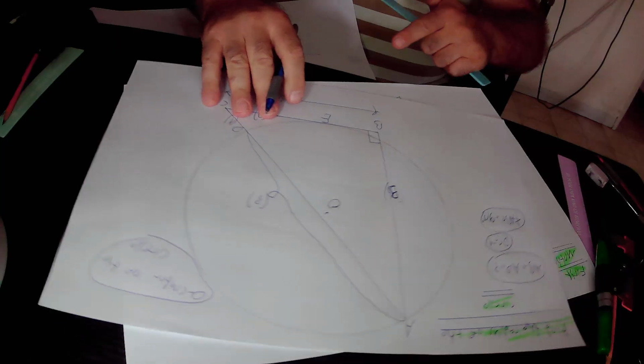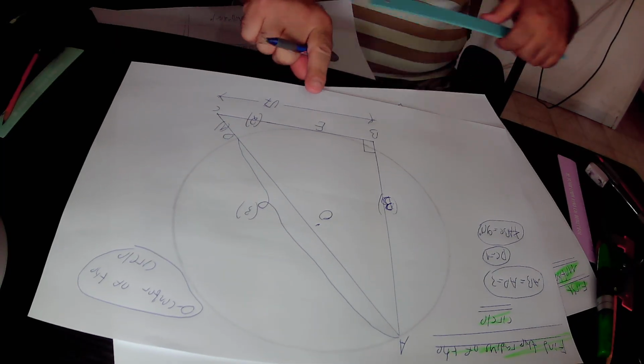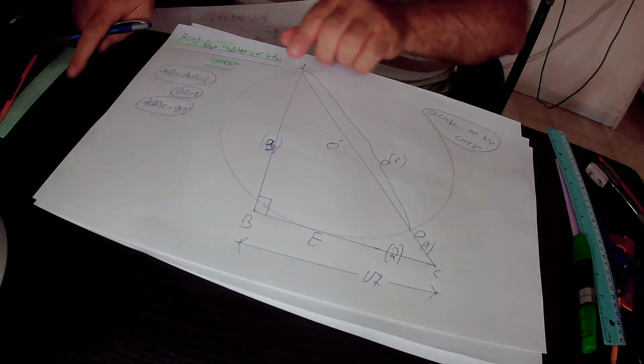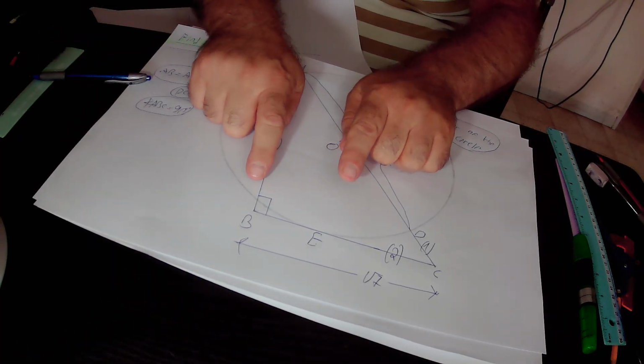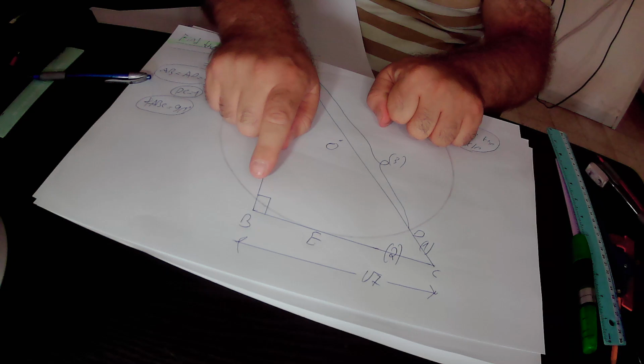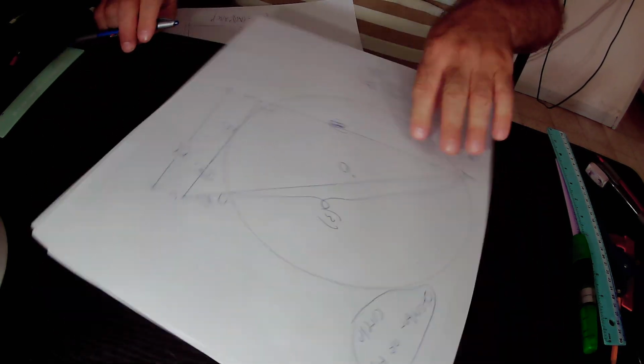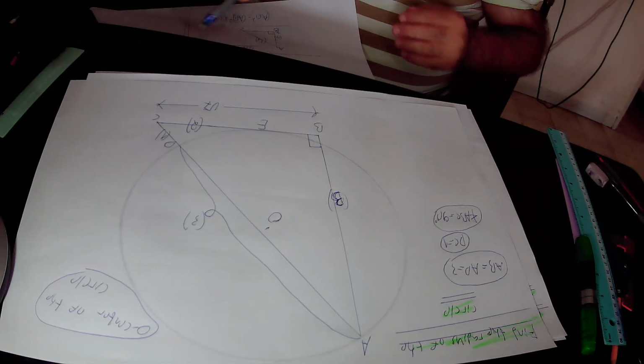So what is the length of the missing line segment BE? From the drawing, it's very easy to see that BE equals BC minus EC. Again, BC minus EC equals BE. So the norm BE